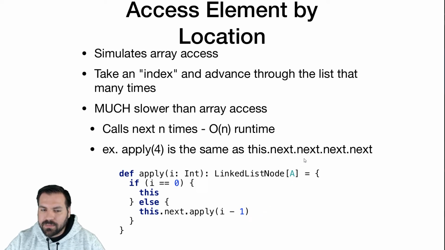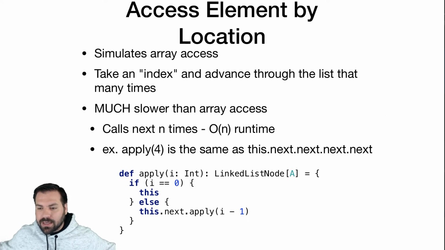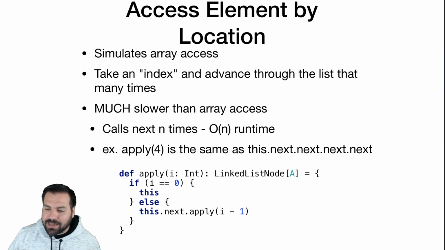Very, very slow to get a specific element of a linked list, because you have to jump all around memory. If you have a million elements all randomly scattered throughout the heap, and each one only knows where the next one is, you have to travel to every single node. You have to bounce all around memory, follow the entire chain, follow all the links of the chain, you get the terminology, and get to the end of the chain, and then be able to return that to your program.